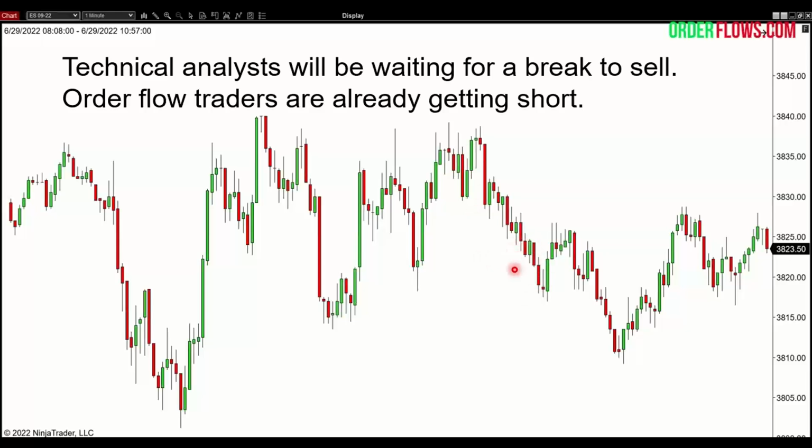right? Technical analysts, they're always waiting for confirmation. Oh, we got to break this trend line. You got to do this, got to do that. And oftentimes you're just stuck waiting for things that never happen. And I understand the whole concept of having a trading plan, what I'm going to do if the market goes up, market goes down. But really,